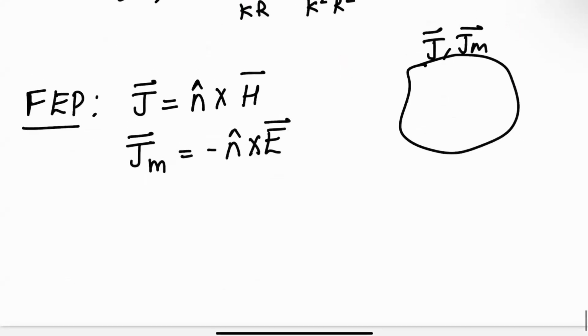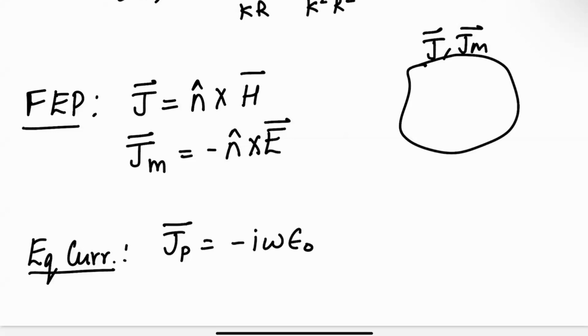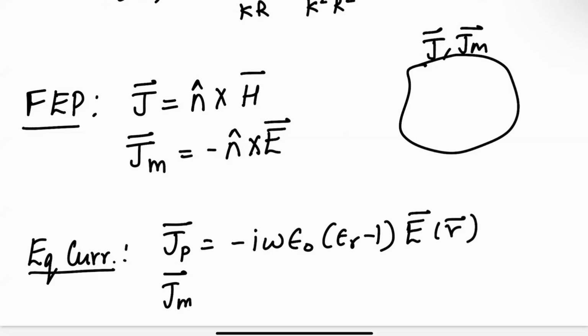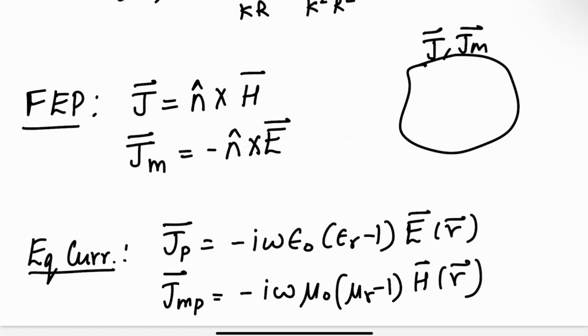Right? You can also do this with dielectrics. So equivalent currents, if you remember, we did earlier. We said that Jp, the polarization current, is minus i omega epsilon naught, epsilon r minus 1, times E of r, and Jm, the magnetization current, is minus i omega mu naught, mu r minus 1, H of r. And then we showed that once you substitute these currents in place of the material, then you have